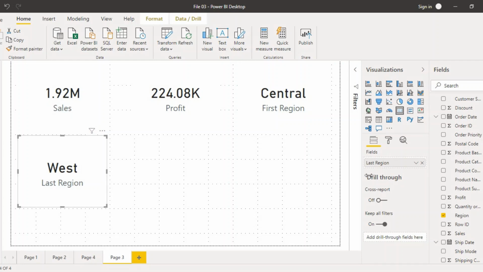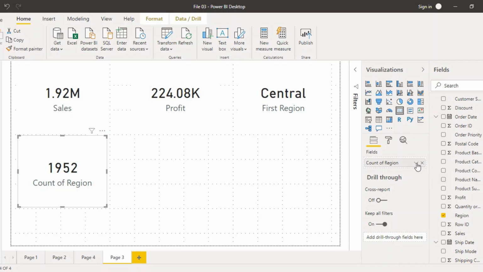Suppose you want to show some details, then you can go to count, and it would get you how many total records there are. So in our data 1952 records are there. That means this is the total number of records that we have got in our table. That is actually the number of times the region has occurred in our table.